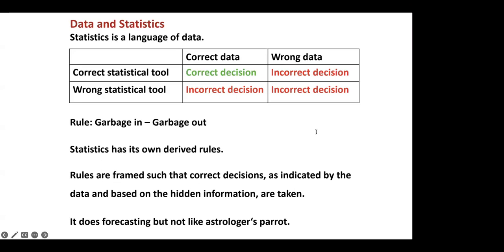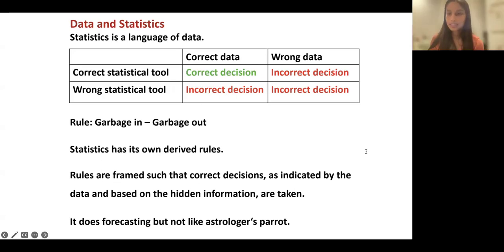First, what could happen is we try to use a wrong statistical tool on the wrong data. Definitely it's going to give us an incorrect decision. Now we try to use the wrong tool on the correct data. That again is going to give us an incorrect decision. Now I try to use the correct tool, but on wrong data. It's again going to give us meaningless information. And finally, I choose the correct statistical tool and correct data, and this is going to give us the correct